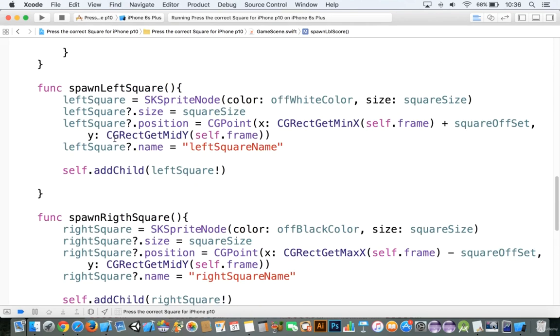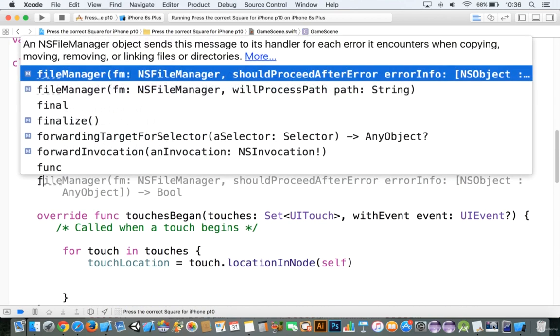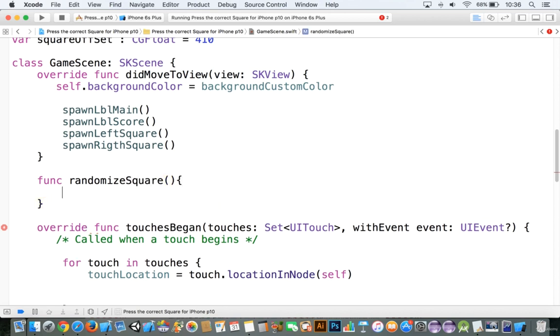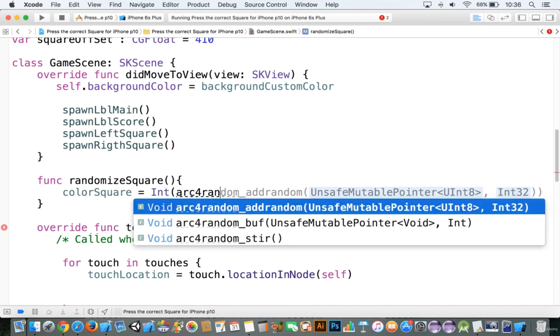All right, so now that we have the square, let's take a look at how we can randomize the colors. So let's put this somewhat up at the top here. Let's add in the function, and we'll call this randomize squares. And in here, we're going to add in the color square. And remember, this is the integer that's going to keep track of the square here. It's going to be int, it's going to be arc for random